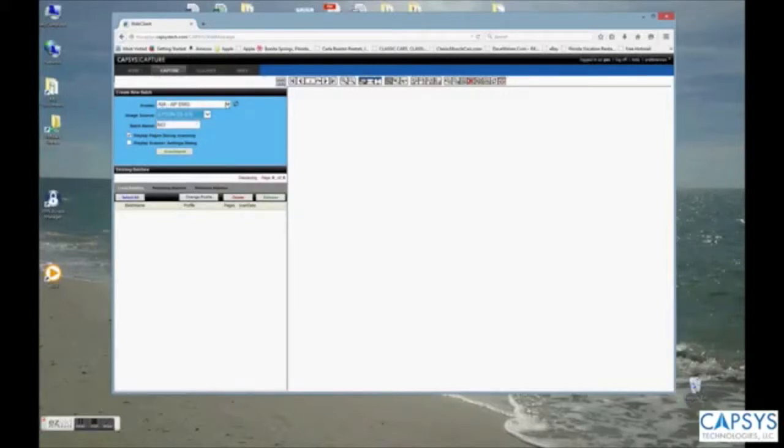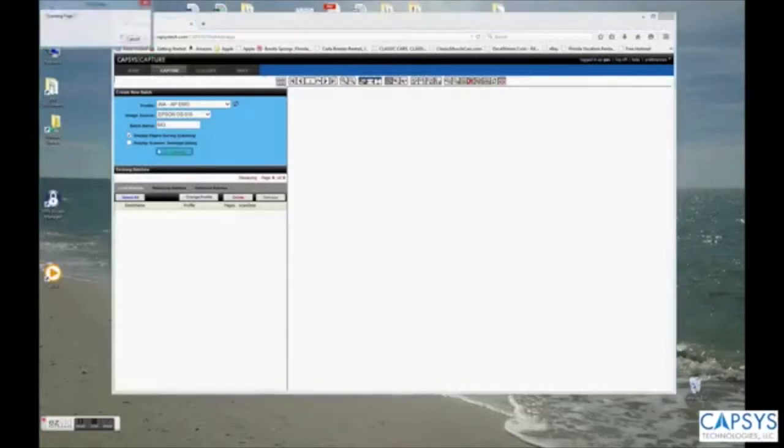The image profile, or a batch profile, is what identifies the type of work that is going to be scanned. So in this case, I've selected the AP EMG for accounts payable, and I'm going to go ahead and hit the Scan Import button, and it'll begin bringing the documents in to the viewer so that I could see them